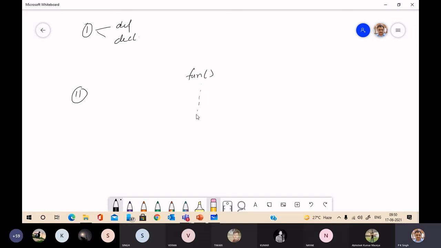We have several functions, but there must be one function in each and every program that is called main. Main is the leader function that says where the execution of the program starts. Your execution will start from the main function.